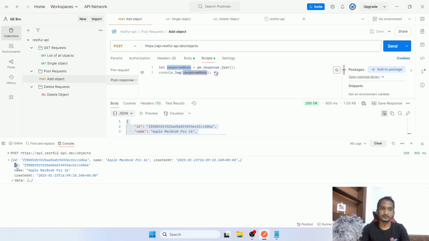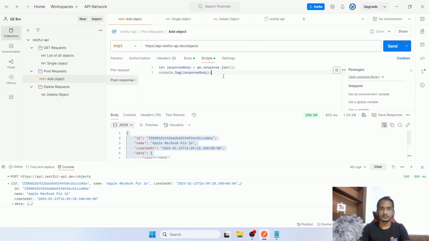Now what we need is to just extract out the ID. So the key value pair we need to extract out, that you can also easily do. And first, let's say we will extract it out and we will save it as a variable at the collection level. So that you can again do using